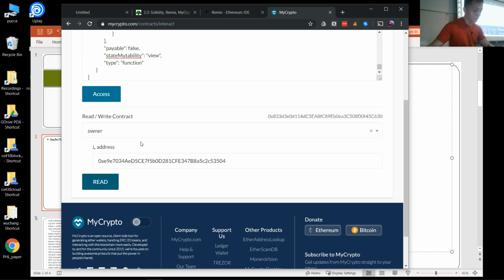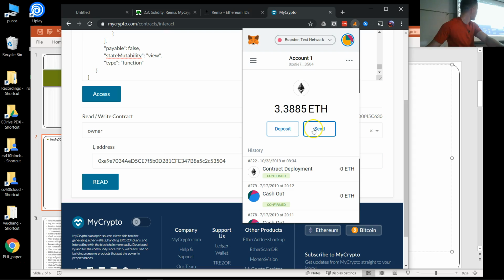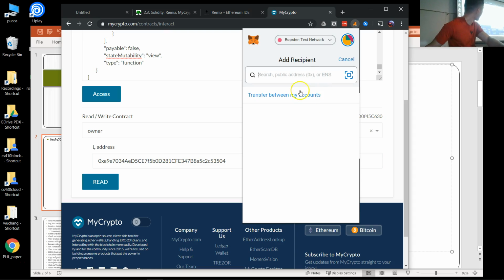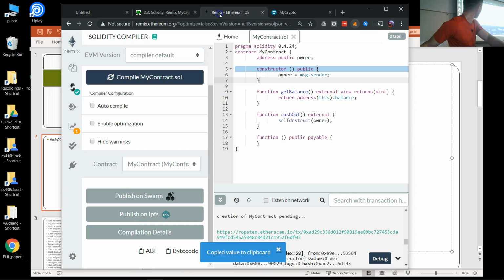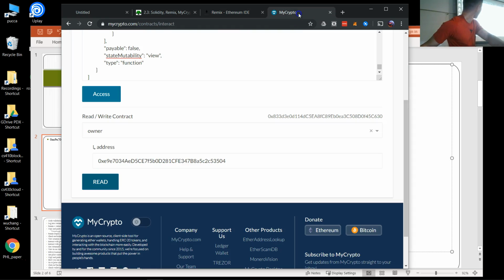Okay. So then what I'm going to do is I want to send this contract some money from my wallet. So if I click on this, there's the button called send, and I need to add a recipient. And for the recipient, I'll just use this. Oh, shoot. It's the ABI that's in my clipboard. I need to go back and copy the contract address. Go back to the developer tab. I'm going to copy this, get the value, and then,